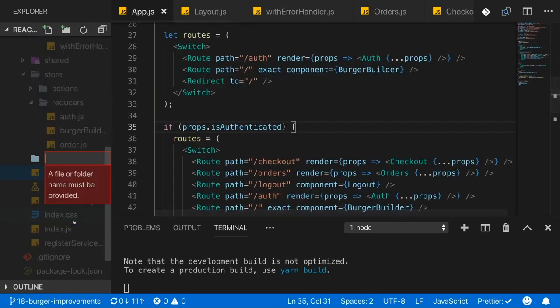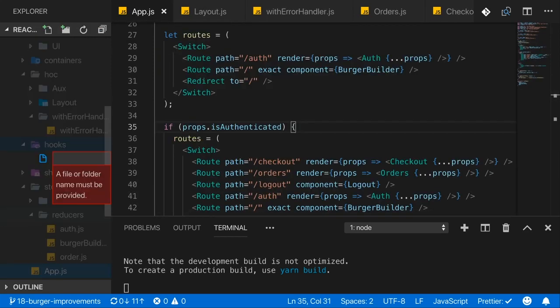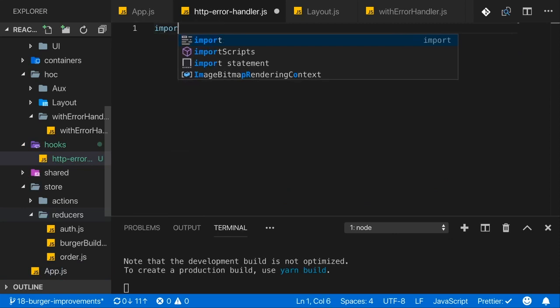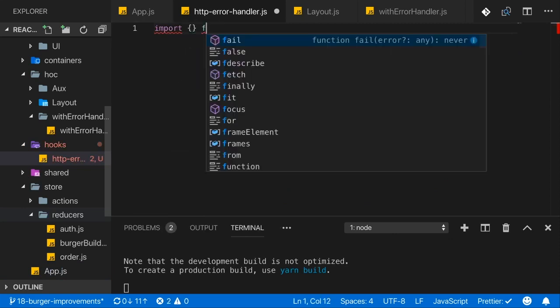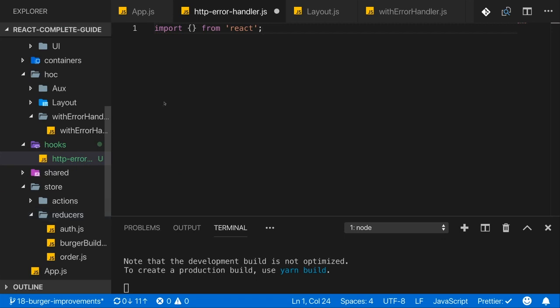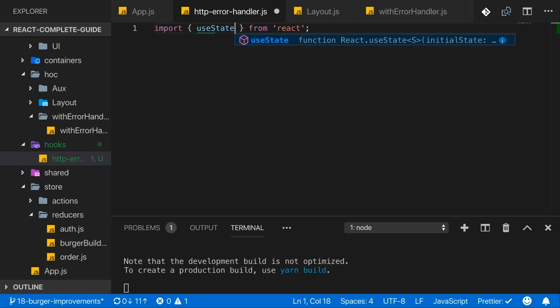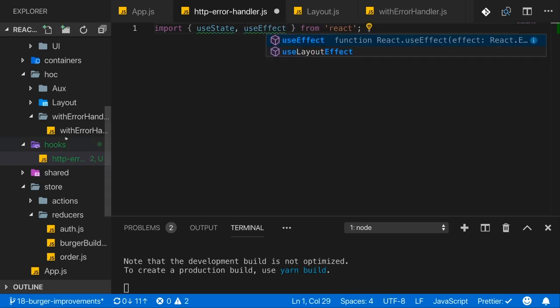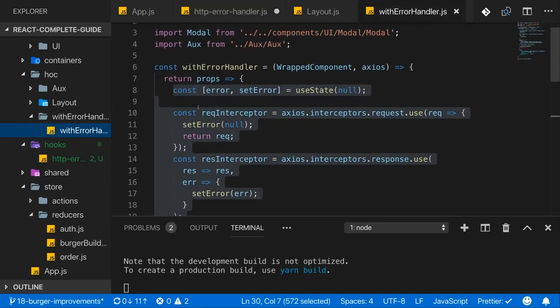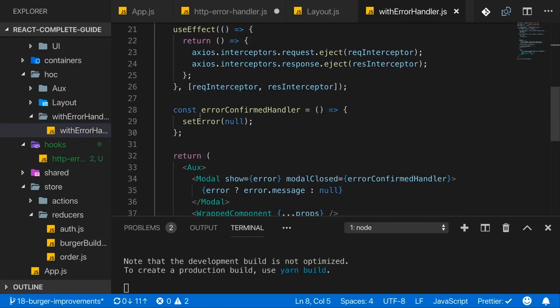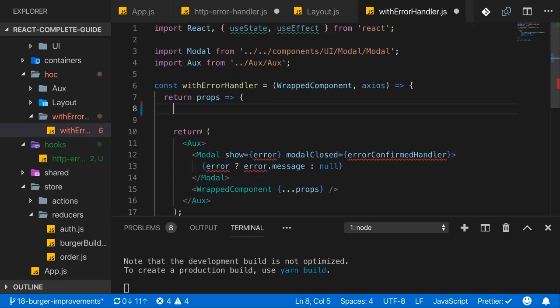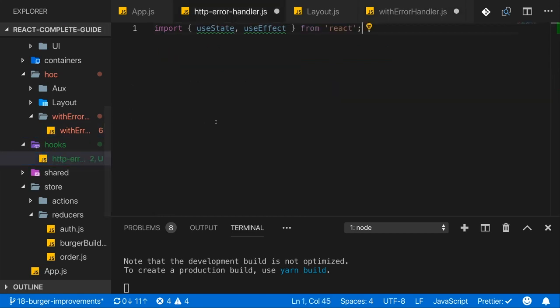So I'll create a new folder, which I'll name hooks, and in there I'll add my http-error-handler.js file. Now in there, I'll import from React, not React itself because I'm not rendering any JSX in here, but I will import useState and useEffect because these are the hooks I'm using in withErrorHandler as well. Now I'll cut all that logic here in withErrorHandler and go back to the http-error-handler